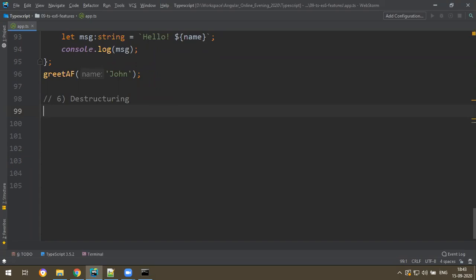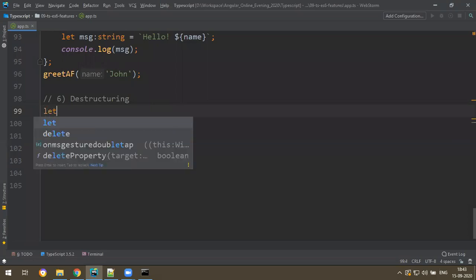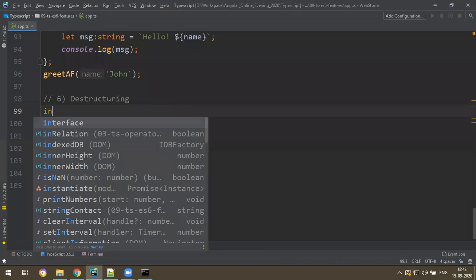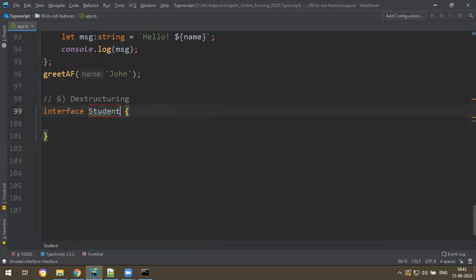Before we understand destructuring, we need to have some complex object. But in TypeScript, in order to make a complex object or any object, you must dictate the type, because object is a custom type. Custom type will be defined using interface. So let's make a custom type for one complex object, and then we will discuss how it is. First, let's say interface, I'll take interface student. Let me declare the types.